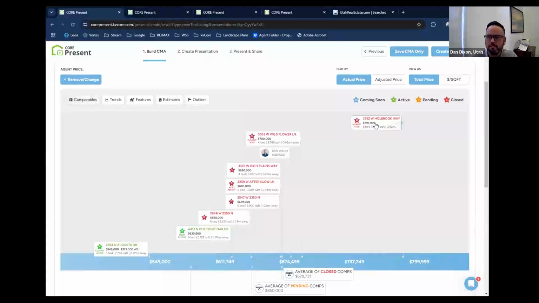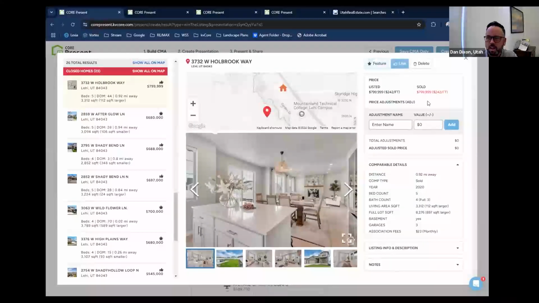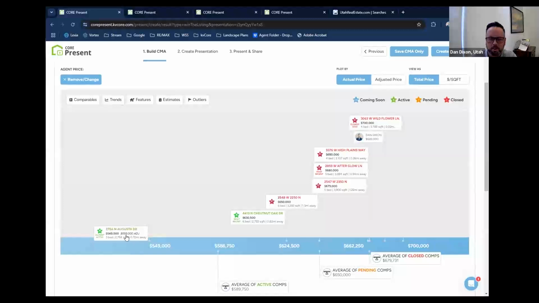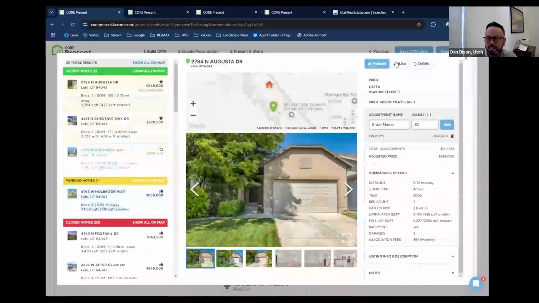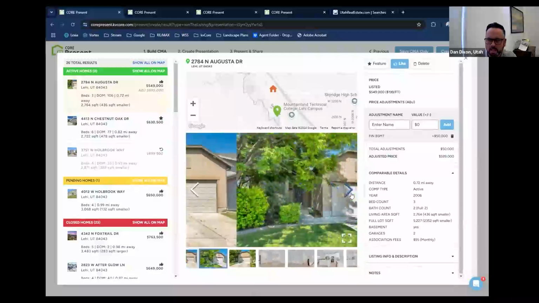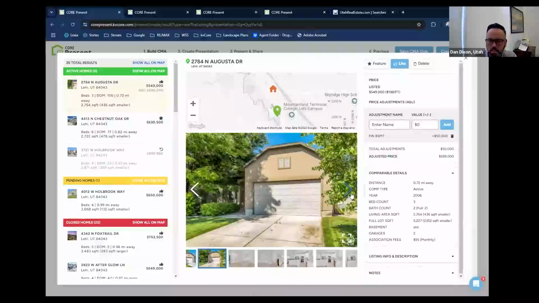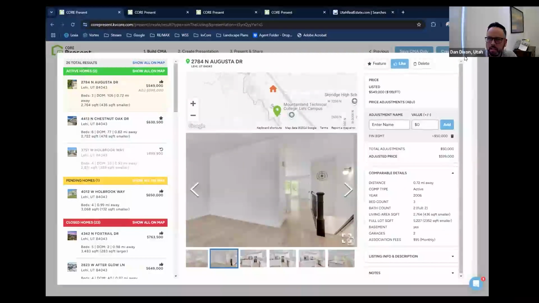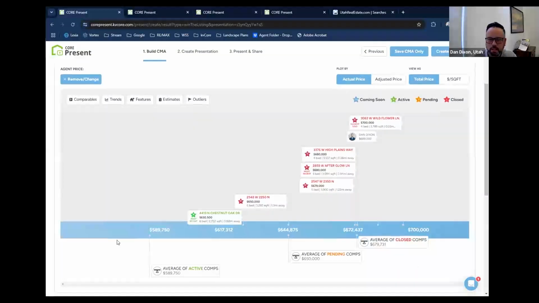Correct. So if you don't want to have this featured because that's too big a spread, you can move that to like, and now it's a little tighter spread, and maybe you're like, this is probably not really like us because it's weird and it's ugly and it's got no curb appeal, and whatever the case may be. And now we can move that as well. It didn't get rid of it as an average, but it did remove it from the bar graph.